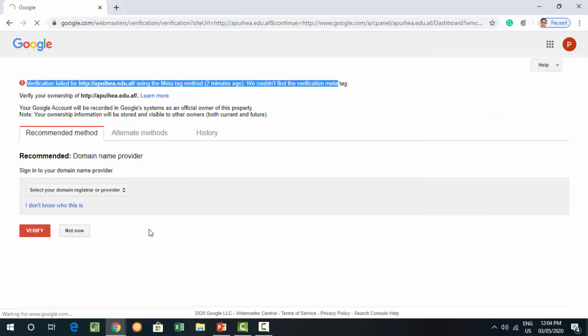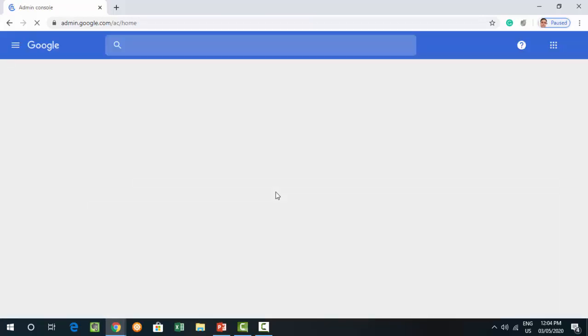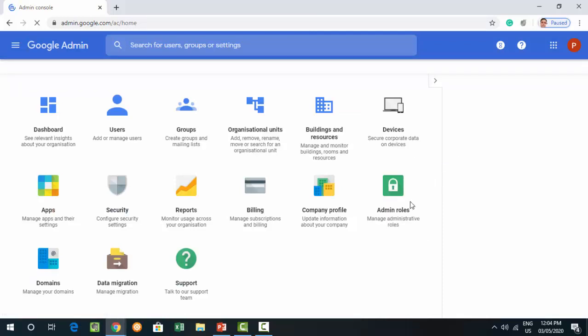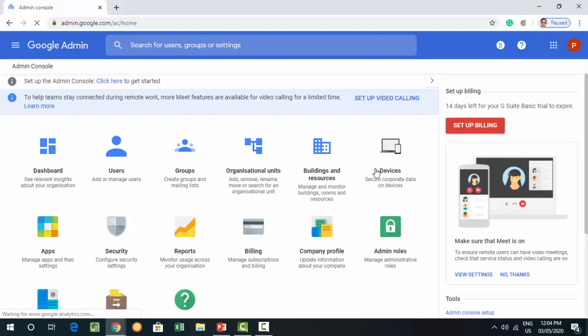In case you don't have any domain, you can request your company to create a user for you in their registered domain, and they will provide you all the services of Google Meet. So I will show you my other account, which is already registered and verified, where I will get the Google Meet services after verification. Let me sign out from this and log into my other official account.